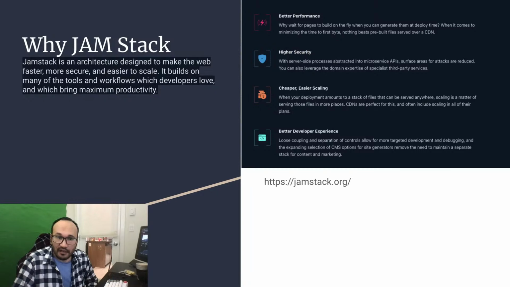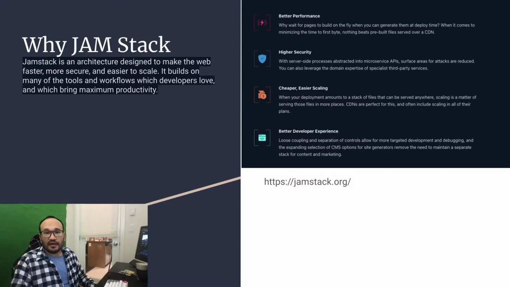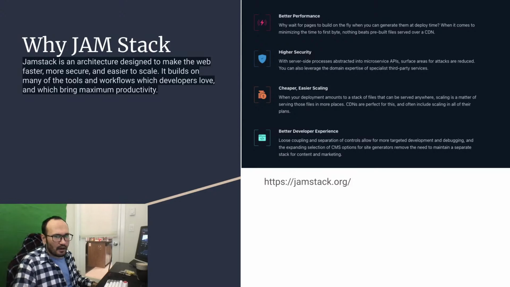And Jamstack. So what is Jamstack? Jamstack is an architecture designed to make the web faster. How? Do you remember the old style, very old websites? We had HTML files, and because those HTML files are small and pre-rendered, and everything is ready, they load very fast. Of course Google loved them because the crawler can find all the content before loading.